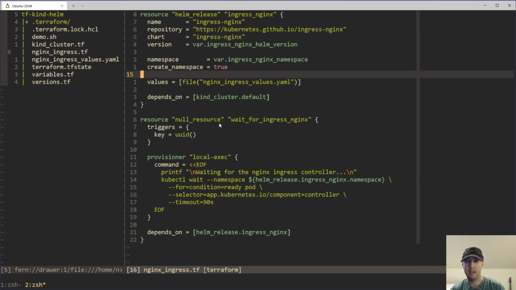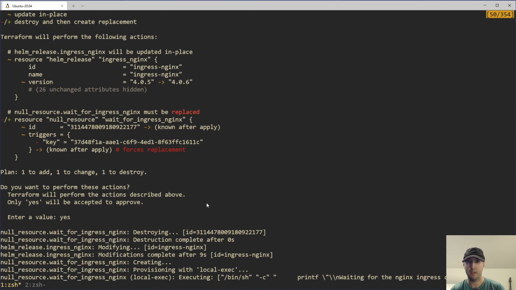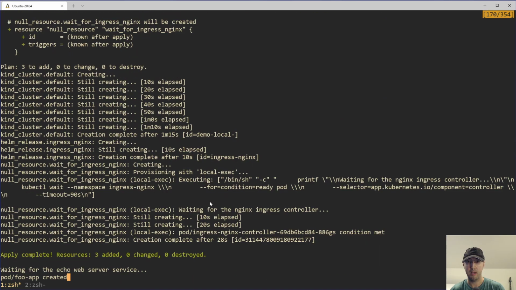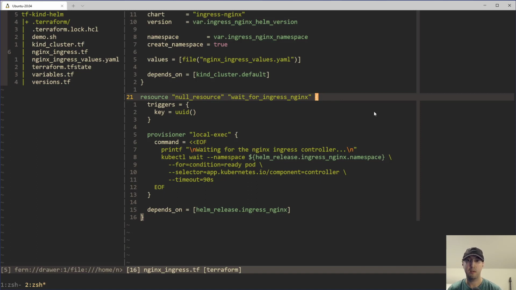Now, there is one last step here to get all of this going, and that is basically waiting for the Ingress controller to be ready. So if we go back to our output here and scroll up before we did the upgrade, it actually does take a little bit of time. Usually, I want to say maybe 20, like 30 seconds or so for this Ingress controller to be ready. So what I ended up doing there was just using local exec inside of this provisioner for a null resource. So basically, to my understanding, again, not a Terraform expert yet, with null resource, you can